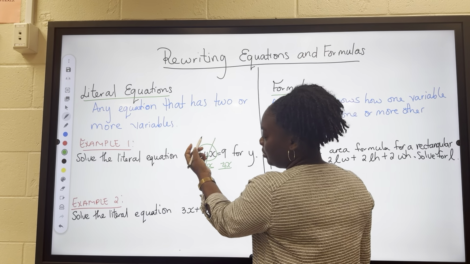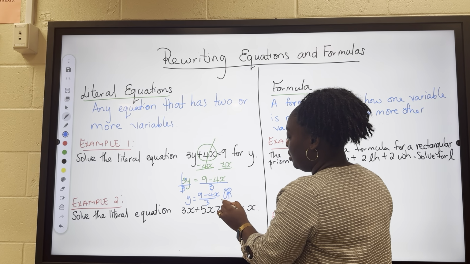So we're going to divide on both sides by 3. Now we're left with y is equal to 9 minus 4x over 3,